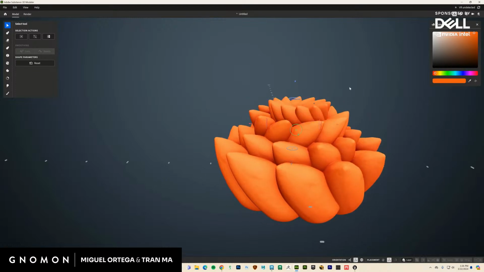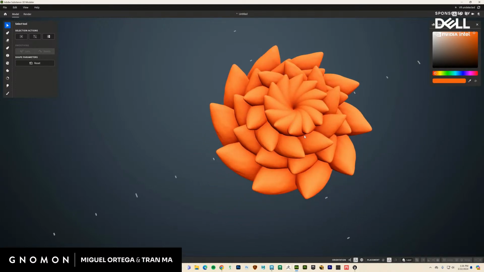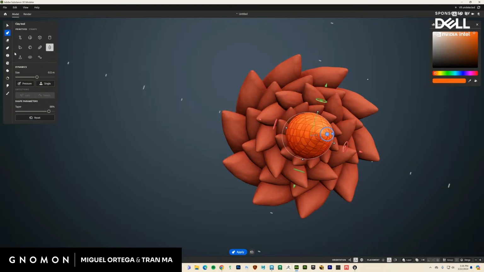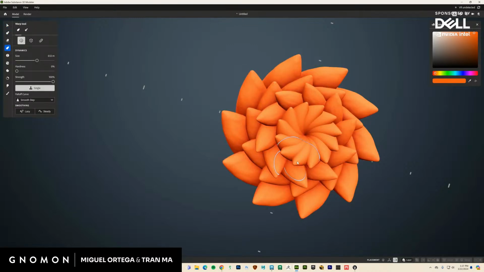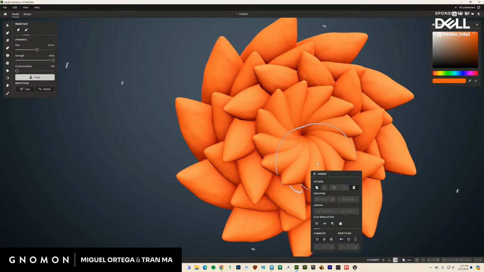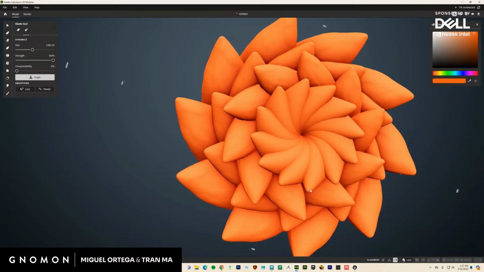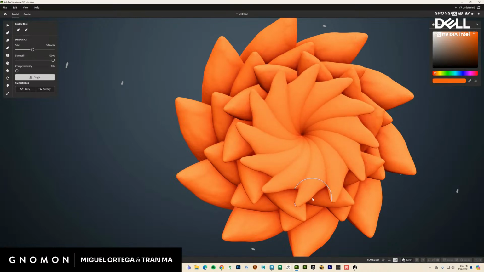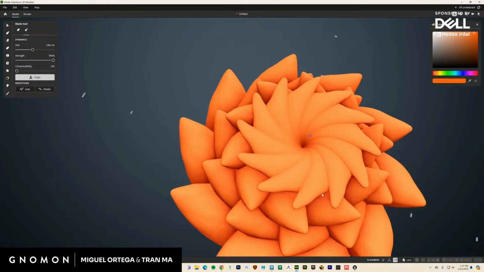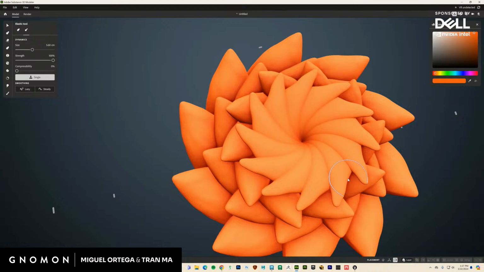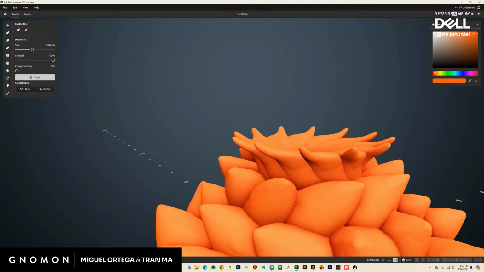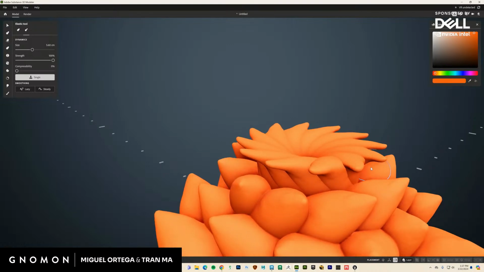Honestly, when you do that, it looks like a lot of fun. It's cool, right? Yeah, I've had too much of this. And this is the other thing that I really like: when you go to the warp tool, it retains the volume, so it's more like you're pulling on clay. I don't know if that makes sense. Not like you're pulling clay, but almost like you're pulling rubber. So I don't like how that looks, but